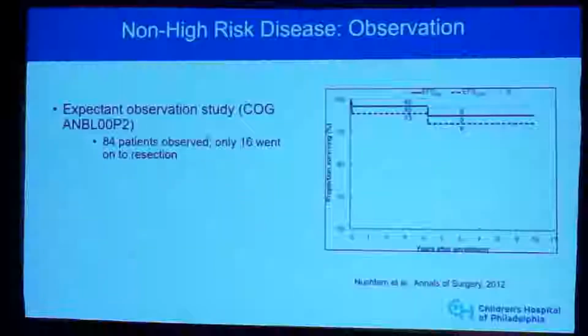So the logical extension of all of this reduction in therapy is a reduction to no therapy, which again is difficult for us as interventionalists, kind of pediatric oncologists. Sometimes just sitting and waiting is the right thing to do. And this has been shown by a number of different groups, including the Children's Oncology Group in the ANBL00P2 study led by Jed Nuchtern. So Jed and his colleagues were advocating first do no harm.